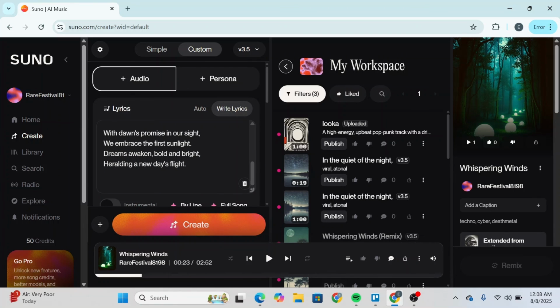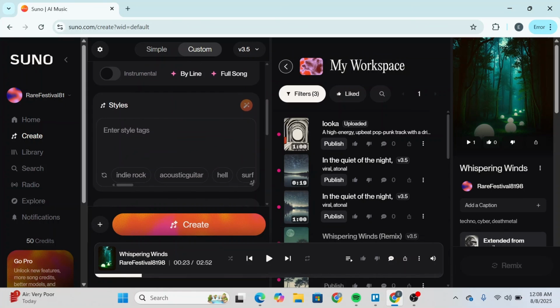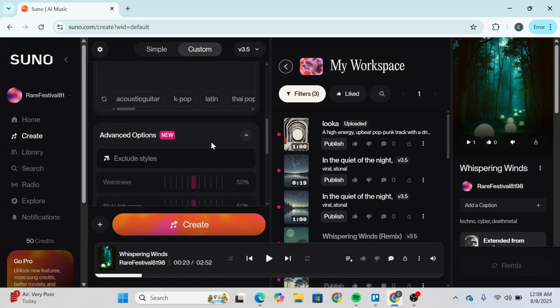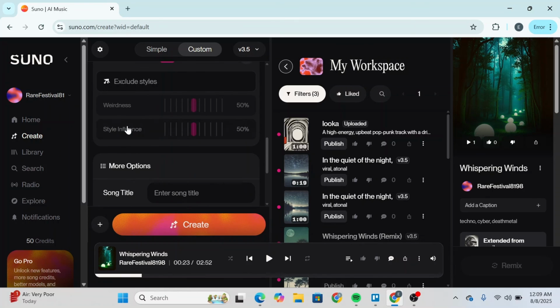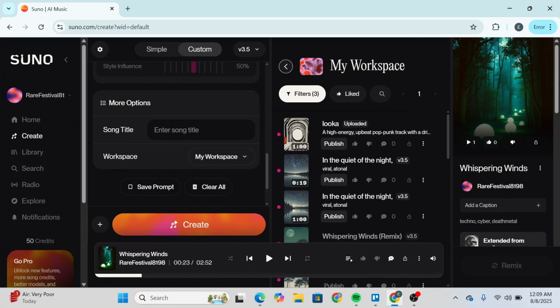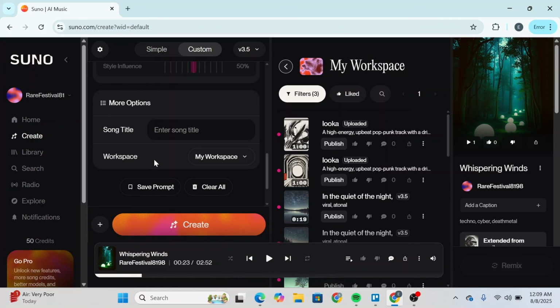After that, we have some more options such as styles, what kind of styles you want the song to have, such as indie rock, surf rock, K-pop, Latin, Thai pop. You can select anything you want according to your own choice. And then we have some new advanced options, so you can select how much weirdness you want in it and how much style influence you want. Just like if you have ever used 11 Labs, it's just like that. And then we have more options such as what kind of song title you want and where you wish to save it. Once done, you can simply head over, click on create,